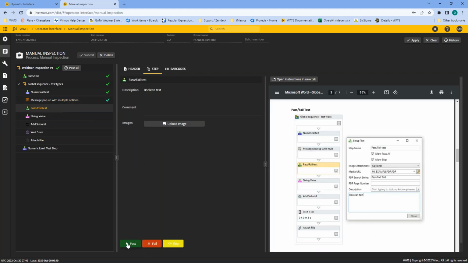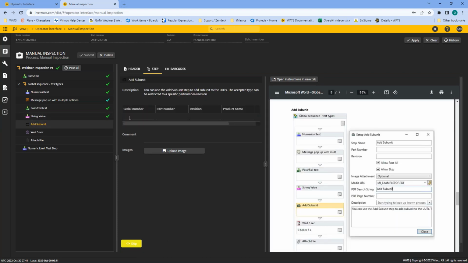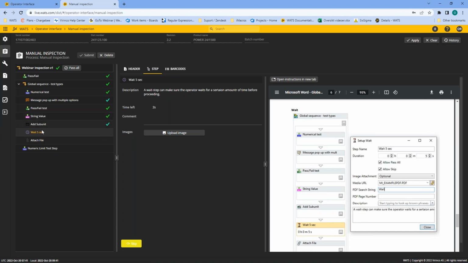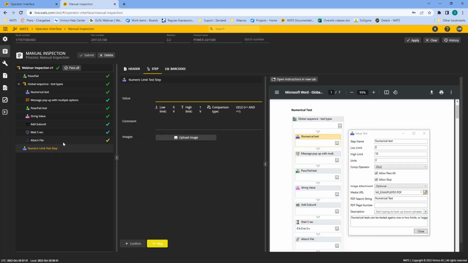Another pass-fail test. String value tests can be limited by a regular expressions filter. In this case, it's no limit. Just type OK. Add subunits is like the subunits grid. Here I can use my barcode scanner and add subunits. And we have a wait step if you want to enforce the operator to wait for some certain amount of time. And we have the option to attach files, so you can upload any files you like to the system. And last, there is one more numerical step in this test. I will pass this one as well